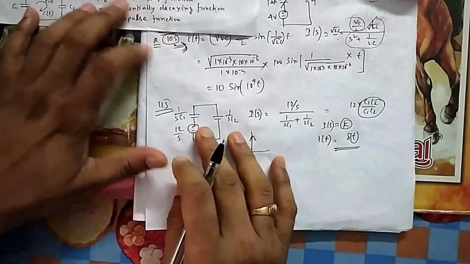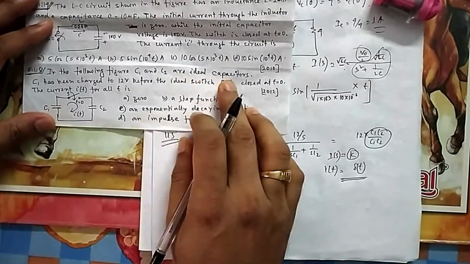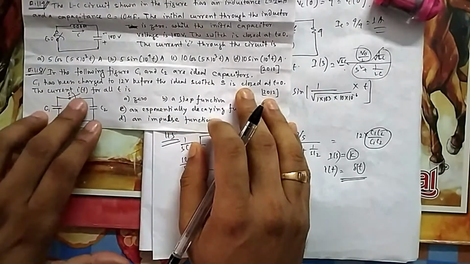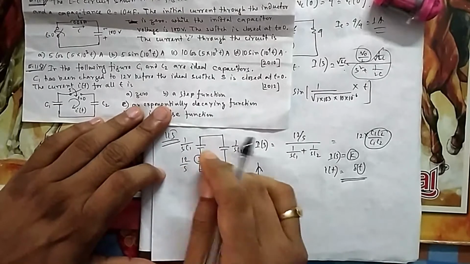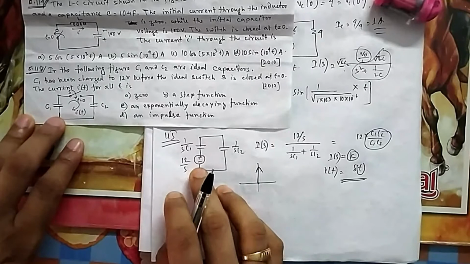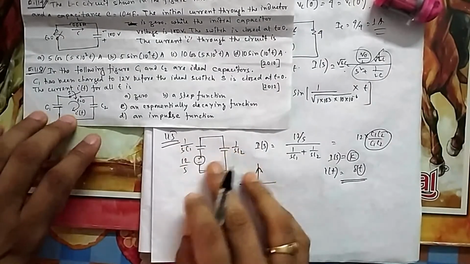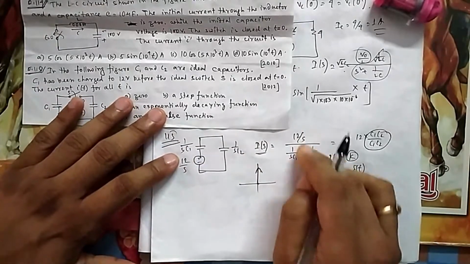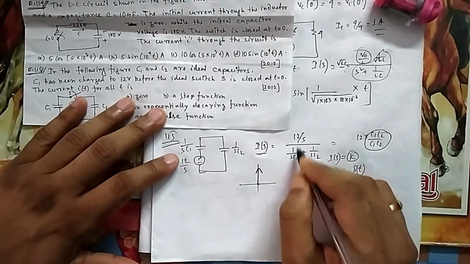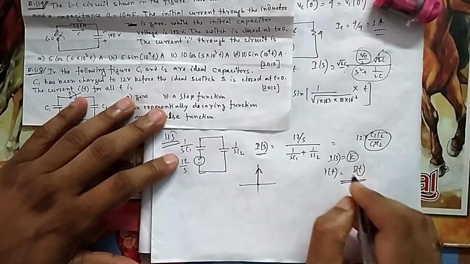So coming to question number 115. Again the following capacitors C1 and C2 are ideal capacitors. C1 has been charged to 12 volt before the switch was closed at 0. Find IT. For IT we just try to do it in Laplace. The C1 capacitor voltage we have separated because it has 12 volt. So in Laplace, 12 by S, 1 by SC1, 1 by SC2. So what will be I? This by this. So you get an I which is a constant, 12 into C1 C2 by C1 plus C2, the S gets cancelled, some constant of this fashion.